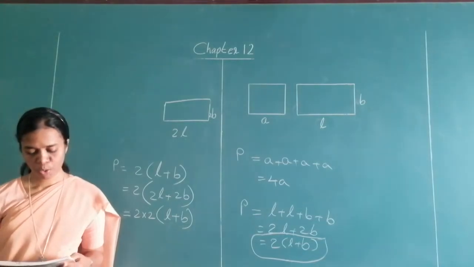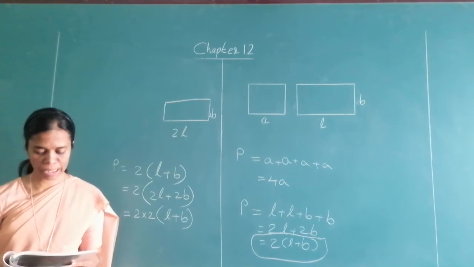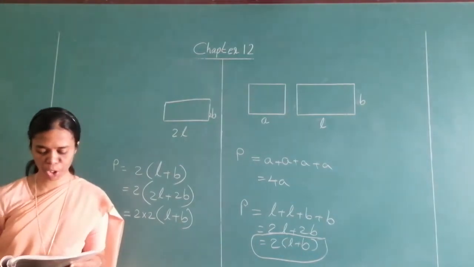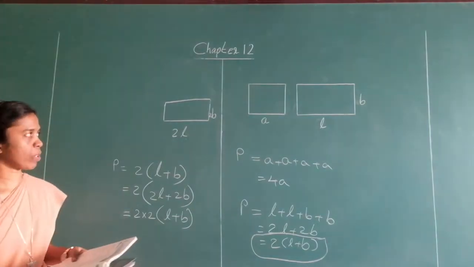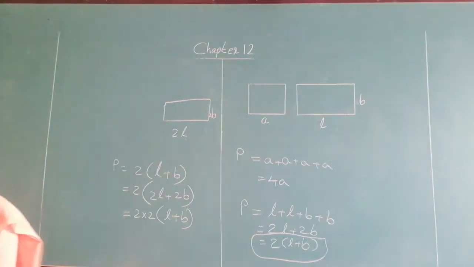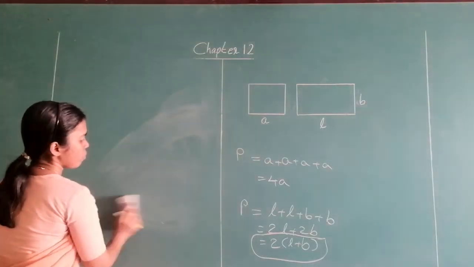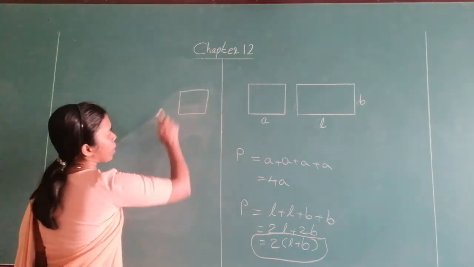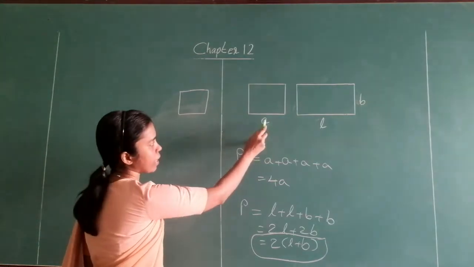Okay. We'll go for the second question. If the side of a square is tripled, how many times the perimeter of the first square will be that of a new square? The same manner how we have solved this, now it is a square. When it is a square, what did we consider? We considered side is A. Measure of one side is A.